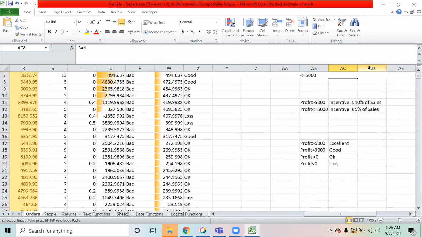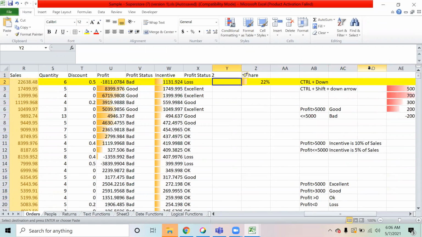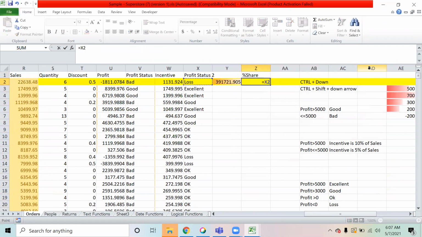This is just an example, not the correct solution. If I paste that as a value and simply say equal to this sale divided by this sale, that is 6% of the sale of the South region.